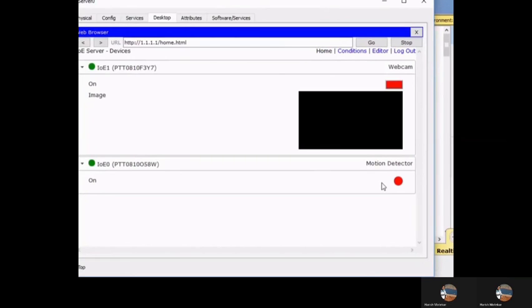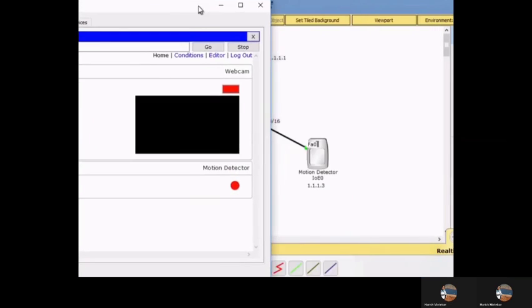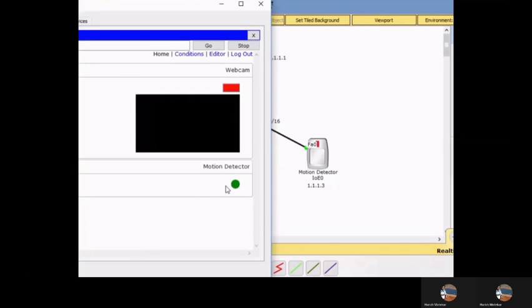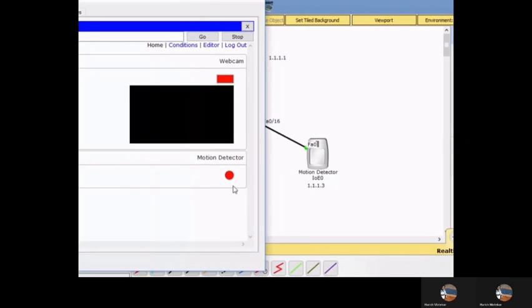Now these components are connected, but the action of these components is not connected. Meaning if I move through the motion detector, the camera is not working. This is because we have not yet planned the action of these devices.